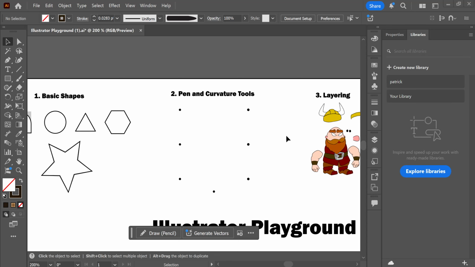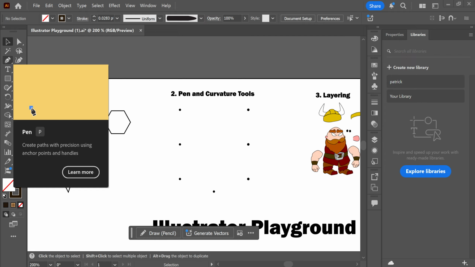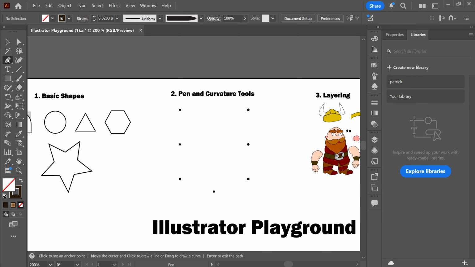The next tool we're going to look at is the pen tool. I can find my pen tool on my left toolbar over here. The shortcut for this is P for pen. If I select my pen tool and click on a point, anywhere on the screen really, and click